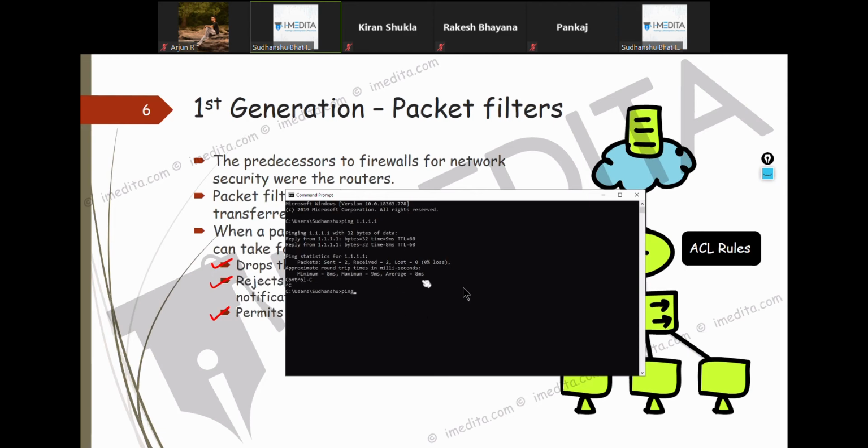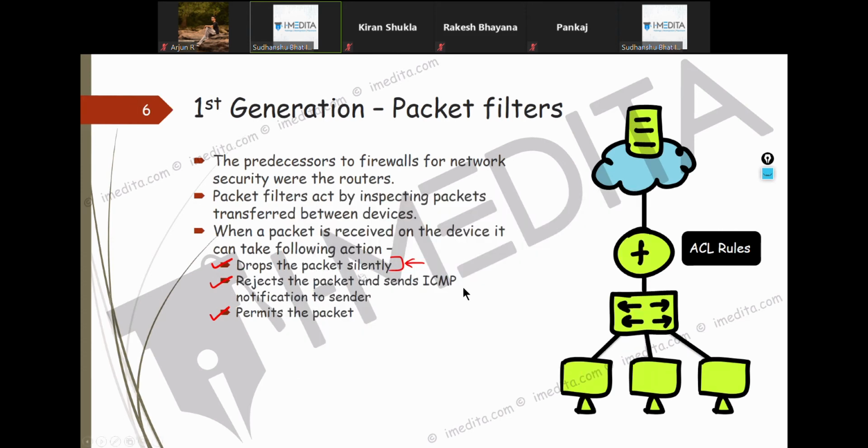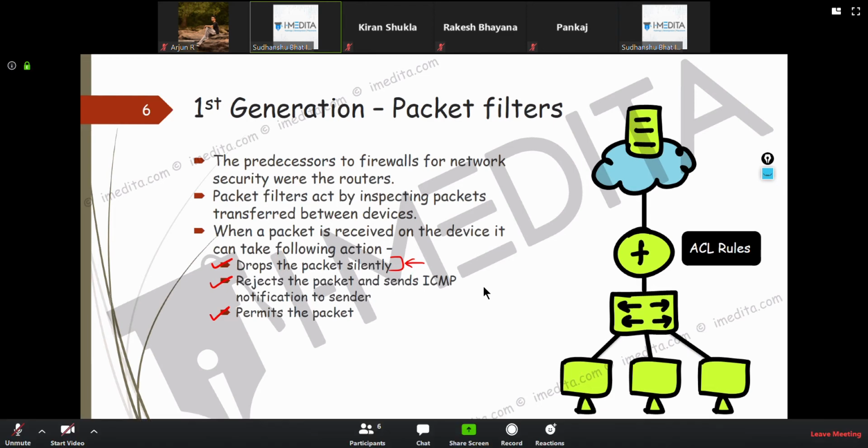Now, when you get that, it basically means that whatever device you got the reply from is sending you an ICMP notification that it doesn't have a further route to that destination, or maybe it's denied. But sometimes what you get is a request timed out. If the security device is dropping the packet silently, you will get a request timeout. We'll see this even while configuring security policy rules on the firewall later. What's the difference? I'll try to open a packet capture and show you this.